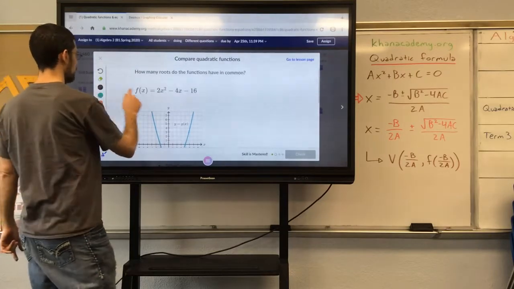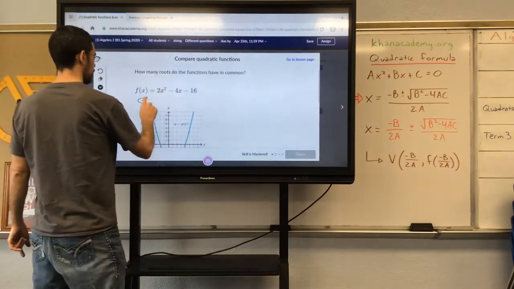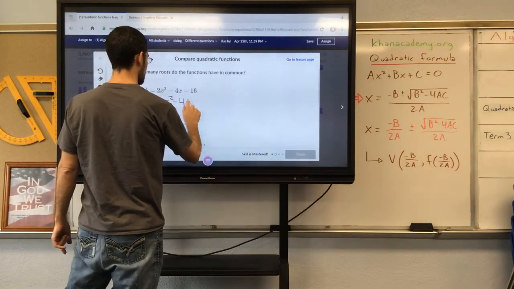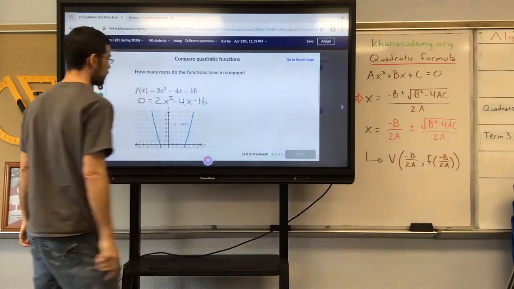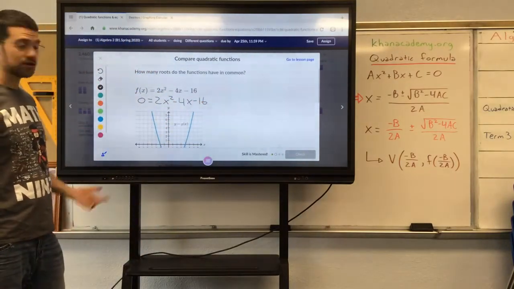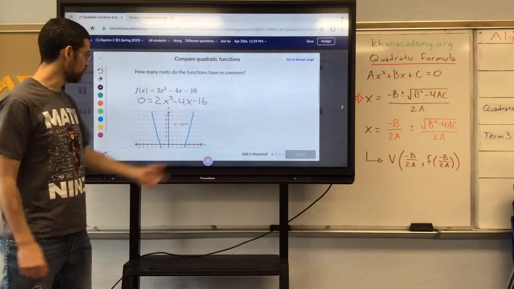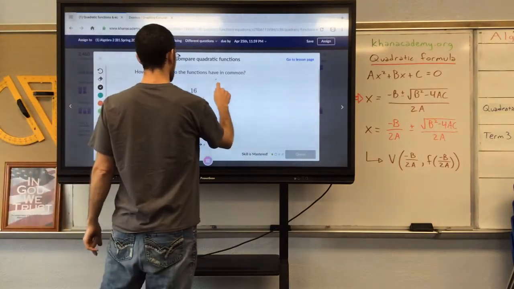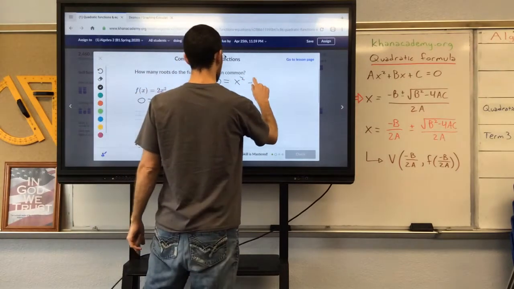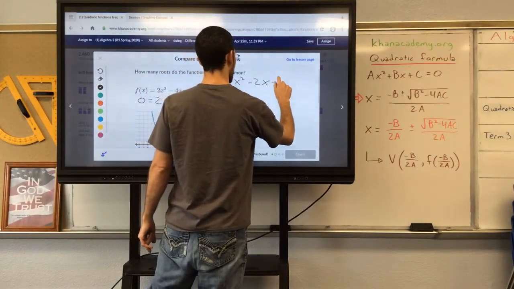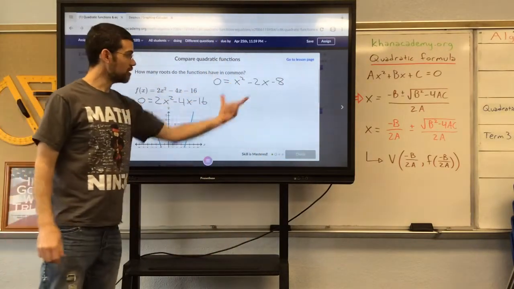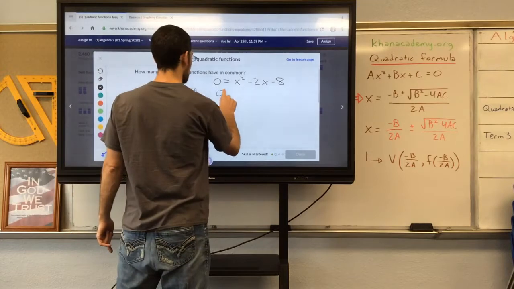Alright, so 0 equals 2x squared minus 4x minus 16. Well, we can start by dividing by 2, because that's a common factor for each term. So we can say 0 equals x squared minus 2x minus 8. And then we can factor that. So 0 equals